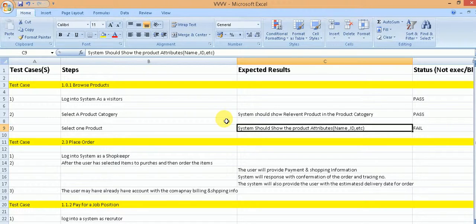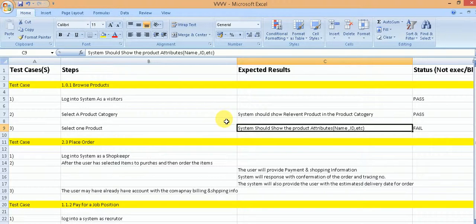When the test case is fully passed, each and every step has passed, and each and every expected result given against each step has passed, then the test case passes and there is no further action required in that particular test run. So this is all about the test case.